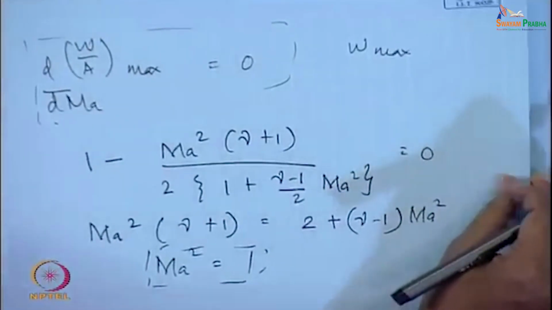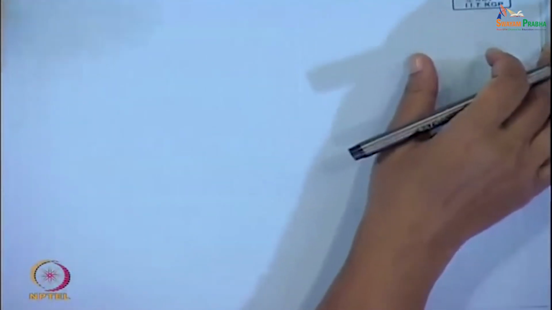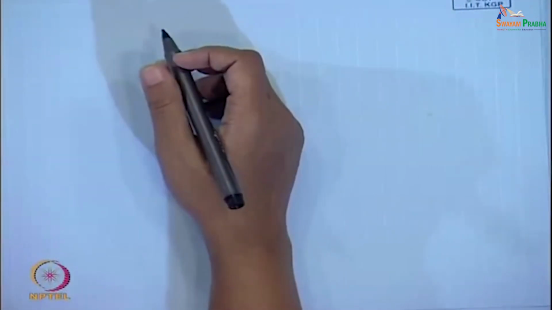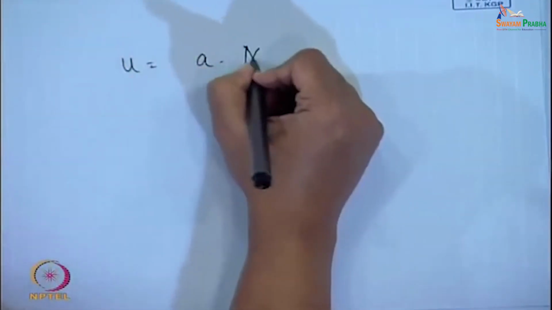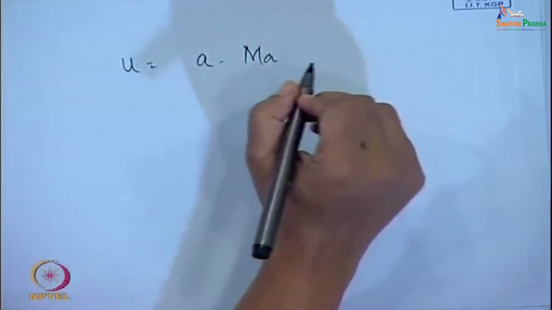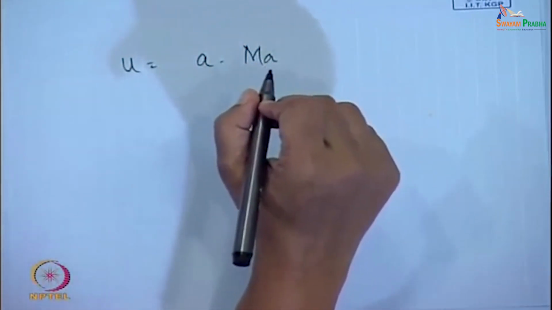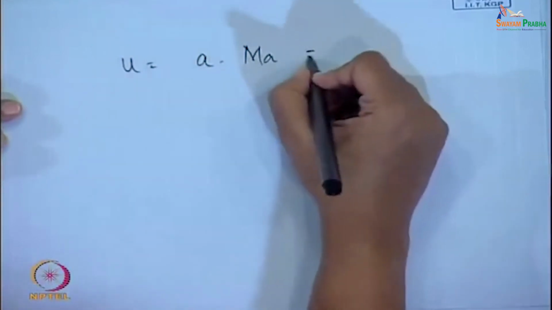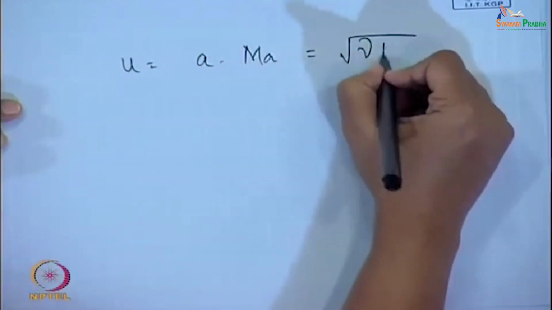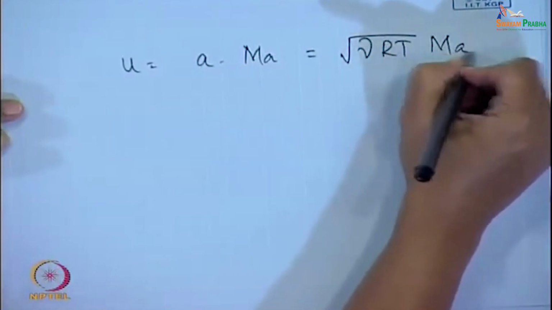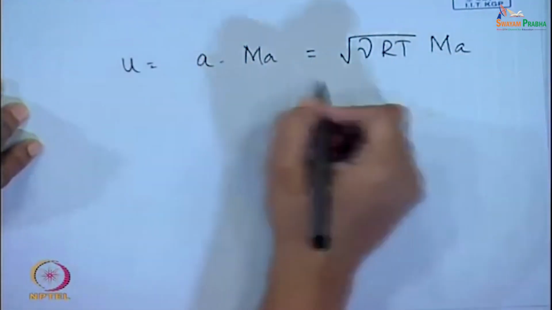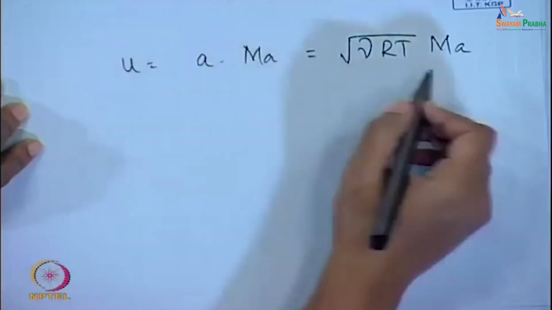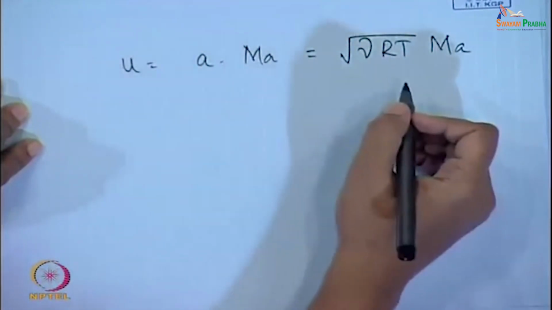Okay. So, just a little more substitution. We know u equals a into Ma, we know this. Now, this can be written as root over gamma R T into Ma, fine. Now, again, we take the log of both sides and perform the logarithmic